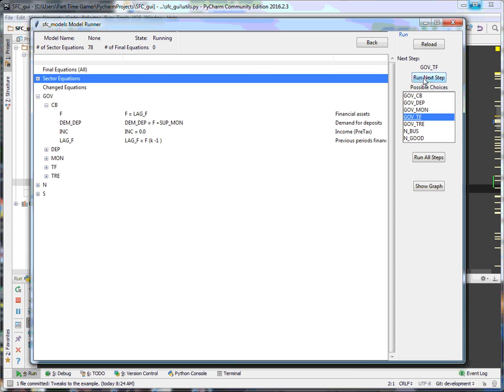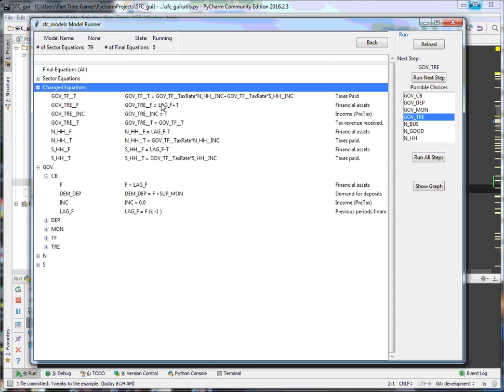So we'll do the tax flow. And see, these are the equations that were changed in the last step. And what we see, this here is the total tax paid, and so it's the tax rate times northern household income plus the tax rate times southern household income. So that's your total taxes coming in, and that increases government financial assets. So far that's all its income. And the households are paying taxes, and see they're getting a subtraction from the